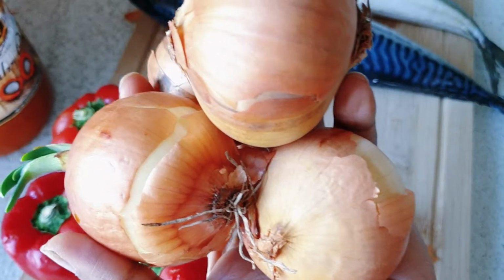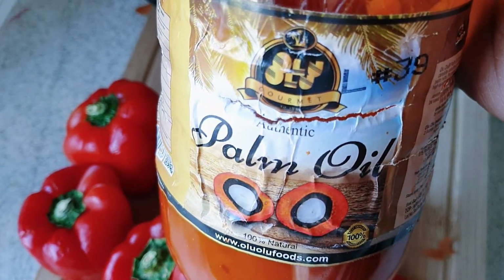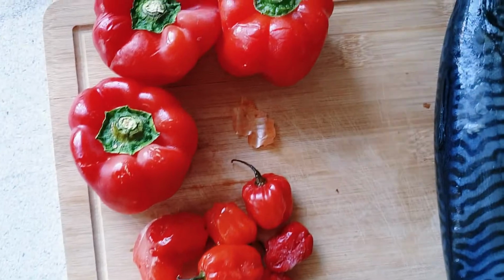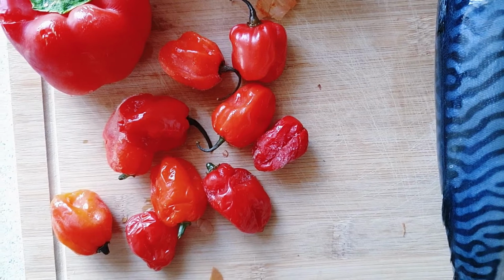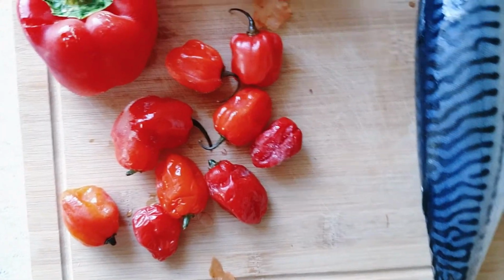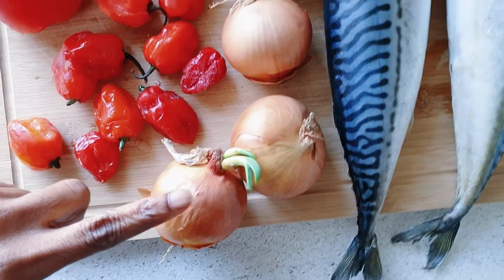So the first thing I'm going to show you is the plum tomatoes. Here in the UK, we don't really have fresh tomatoes that much, and if you want to get any fresh tomatoes, you have to go into the supermarket or any other grocery stores, but I like to use the plum tomatoes anyway. So I'm gonna be using one tin of plum tomato. I'm gonna be using palm oil, red palm oil, and then just for these two mackerel fish, I'm gonna be using three bell peppers,